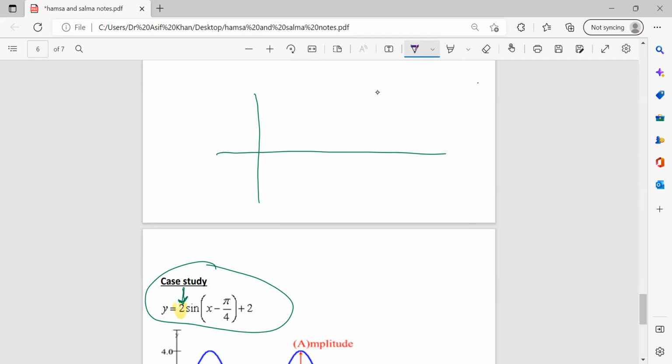Yes, Hamsa, you want to say what this 2 represents? We multiply by 2 for the y coordinates. And what is the impact on the graph